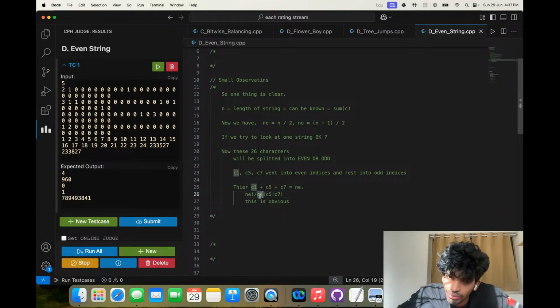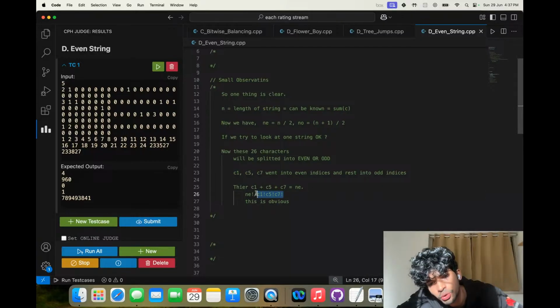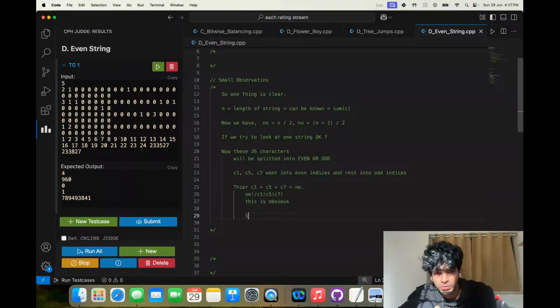So what we have to do is find a way in which we can group a few things into NE. What we want is groupings that add up to NE and their factorial product, right?